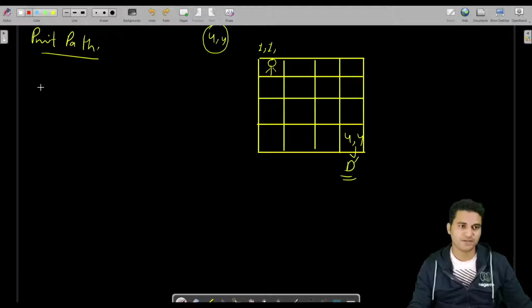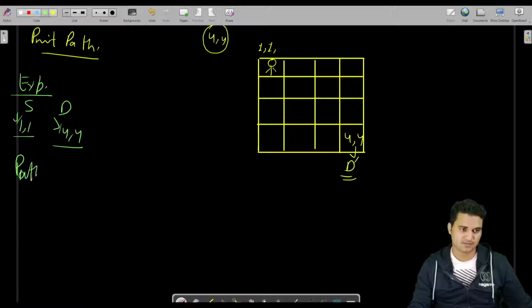What we will do, again, faith and expectation. Expectation is, I will provide you the source and destination. Source is of course 1,1, destination is 4,4. So you have to print all the paths. Steps are horizontal, vertical, diagonal, of any size.